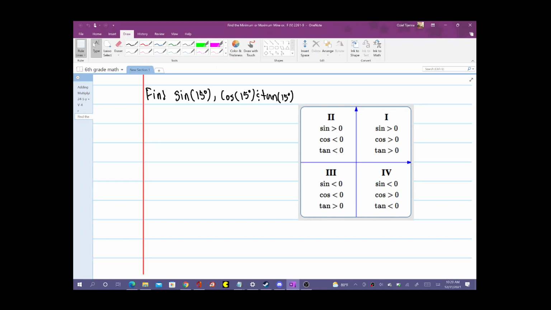Sorry guys, I'm just looking them up. So we know that the half-angle identities are: sine of pi over 2, or I'm sorry, sine of theta over 2 equals plus or minus the square root of (1 minus cosine theta) over 2,